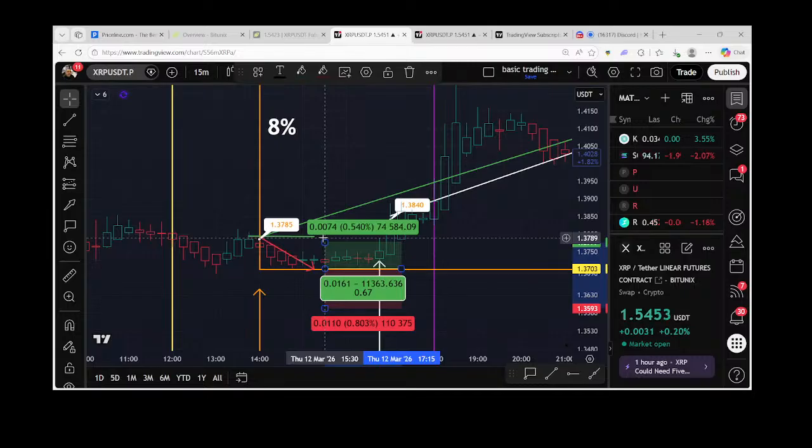So 70, 60, and then maybe even just 30. Just keep it at 30, right? Something simple, but I would probably run 35. This particular moment here with this 0.5%, we would have got stopped out of that. We could have come back and got in a little bit later, but we don't want to lose